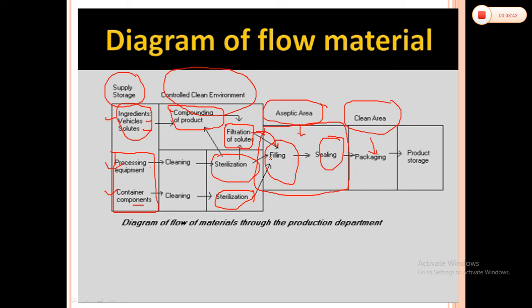Whenever the product is transferred from the storage tank to the nozzles of the machines, there may be problems, and some types of contamination may occur. So to avoid all those things, we have to perform these two steps in an aseptic area where the